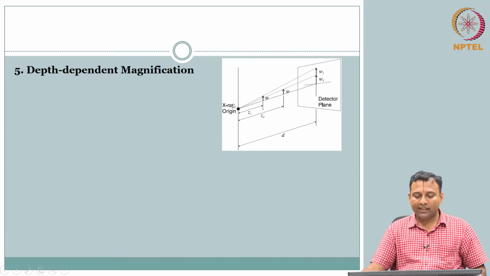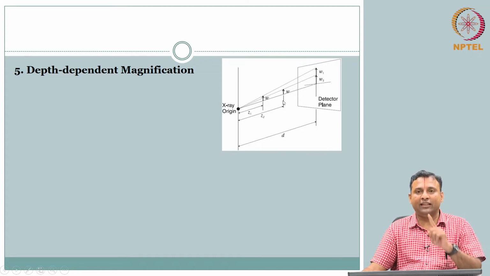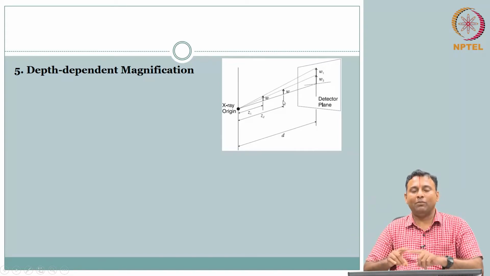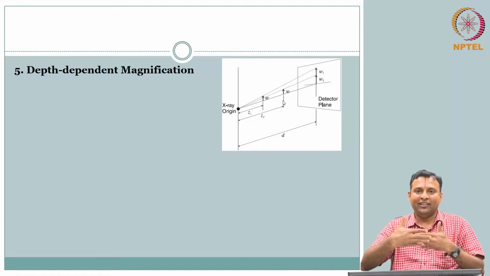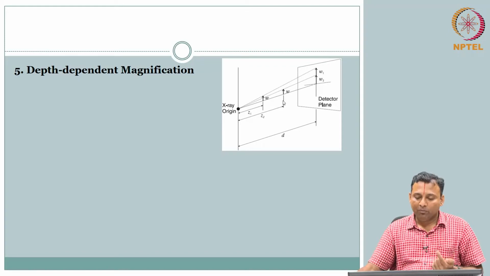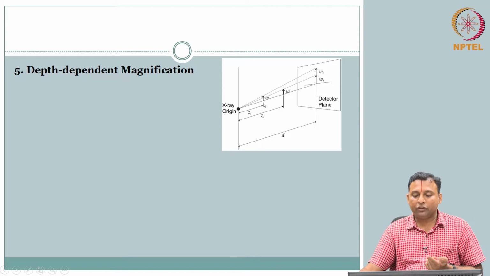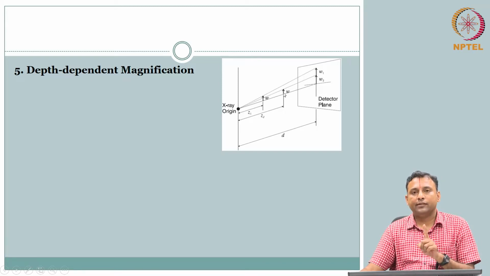Now you have your X-ray source, you have a detector plane. Where is the object presented? Of course, for convenience we are presenting a stick object, not f of x comma y, which in reality is going to be x comma y comma d. There is a depth also for the object. But to get the idea here, in one dimension, if it is a stick of height w, depending on where you place it, z1 or z2, right?